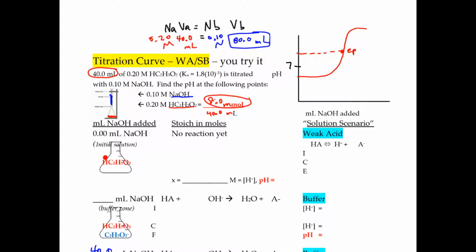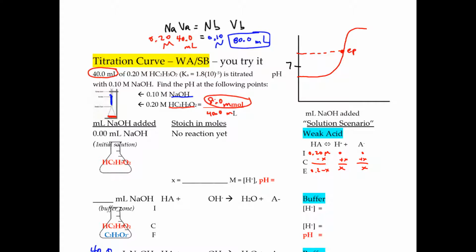All I have is a weak acid. How do I handle a weak acid? I do ICE and Ka. Now this has to be in molarity. You've got to work in molarity. So 0.2 molar, that's all I have at the beginning. 0, 0, minus x, plus x, plus x. So there's an x,